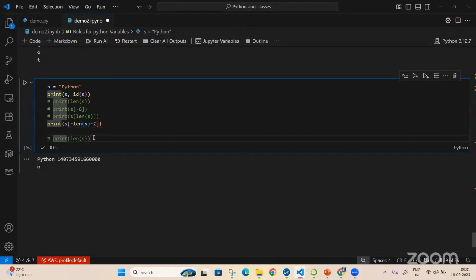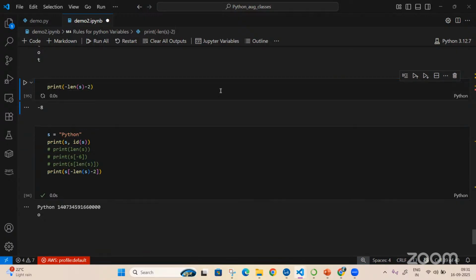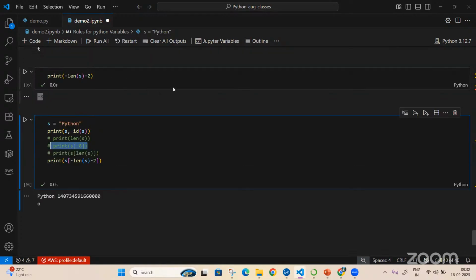Now same thing, I'm putting here print of, let me put, I have this value here, print of minus this and minus 2. What is my output? Minus 8. Okay. So if I want to put minus 8, what is my output?